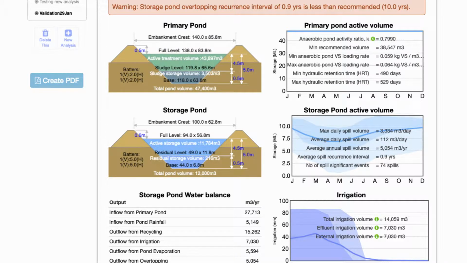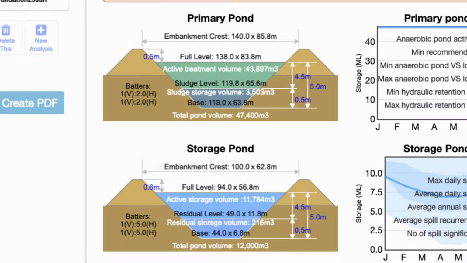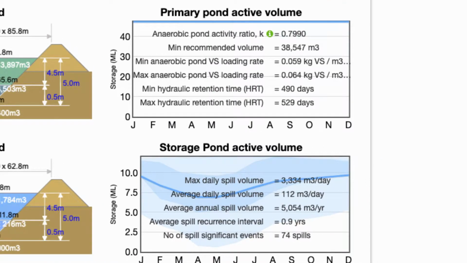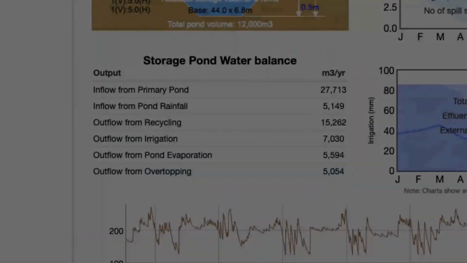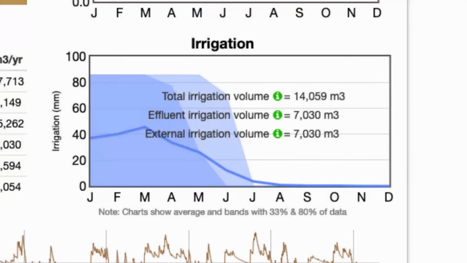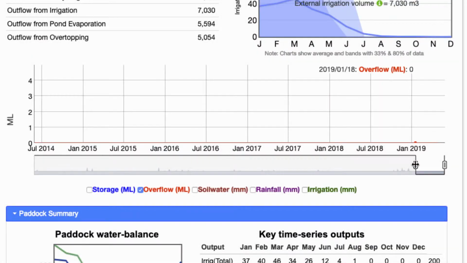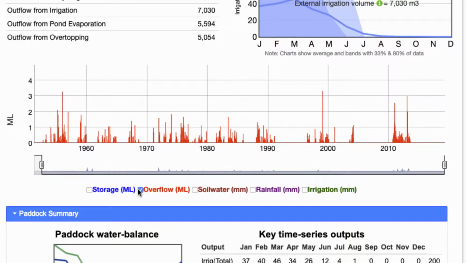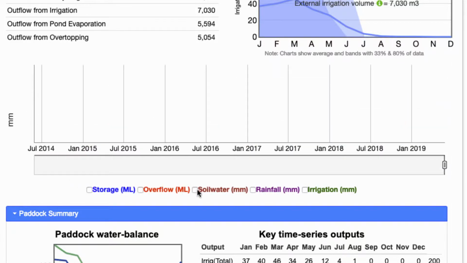The key outputs are presented on the analysis dashboard and include a graphical representation of ponds with key dimensions and volumes, monthly pond storage levels including a 90 percentile band, a 33 percentile band and the mean, a table of storage or single pond water balance components, monthly irrigation amounts, again showing a 90 percentile band and a 33 percentile band and the mean, interactive daily time series charts which include storage or single pond levels, overflow amounts, soil water, rainfall